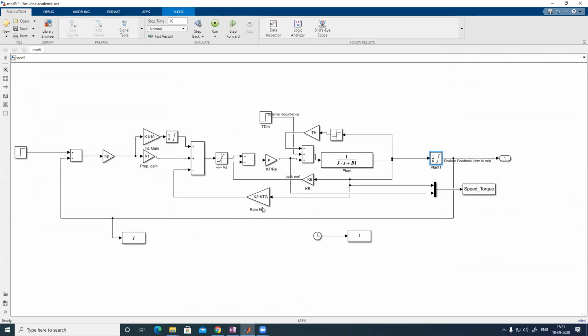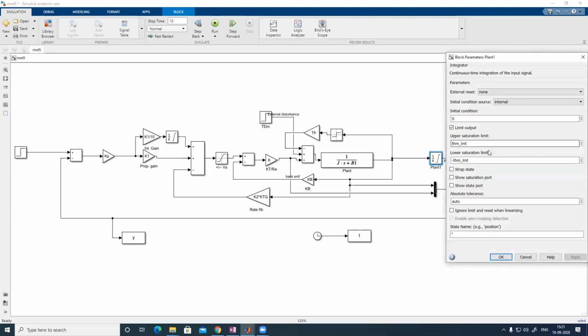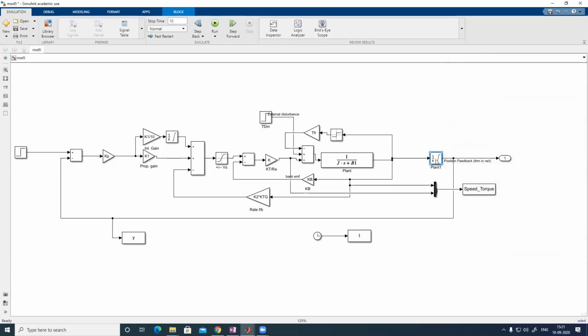It is 4 degrees. So beyond 4 degrees, you cannot give an input. If you are giving some input, it will not work. If you are giving more than this theta m limit, it will be limited to that particular value. Maximum value it will limit. So that is for this block diagram, and you are taking this theta here